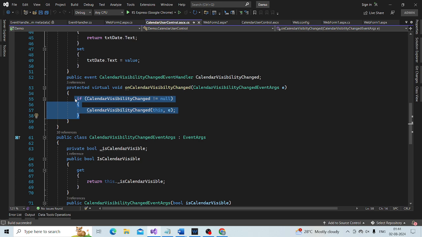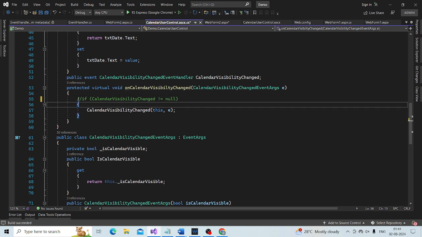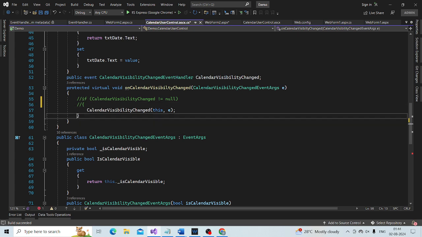Now let's comment that. What happens if I don't check for null?